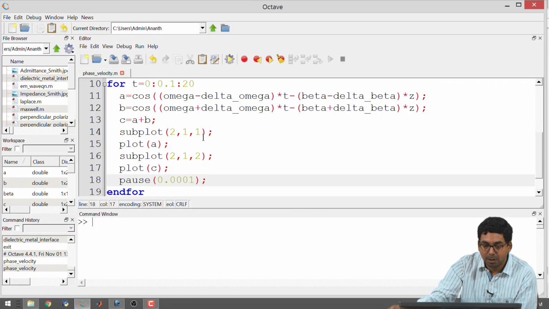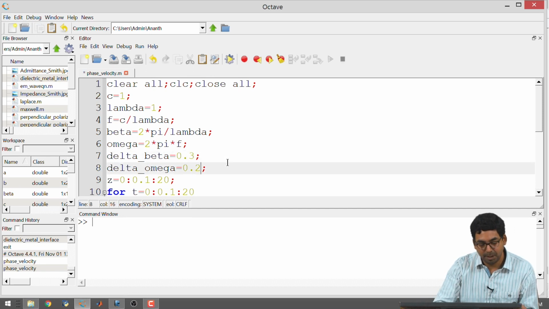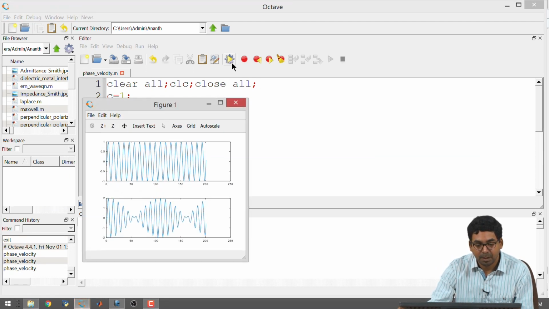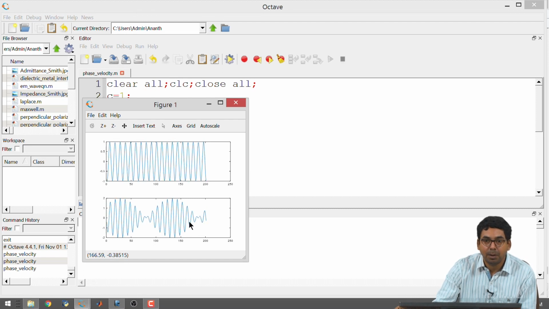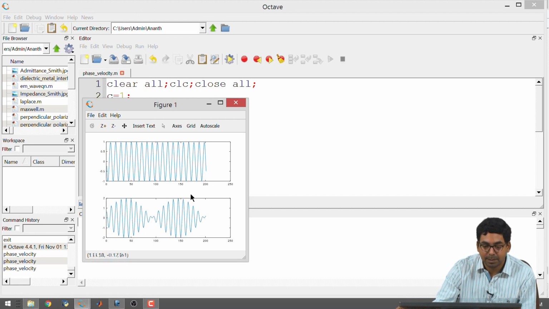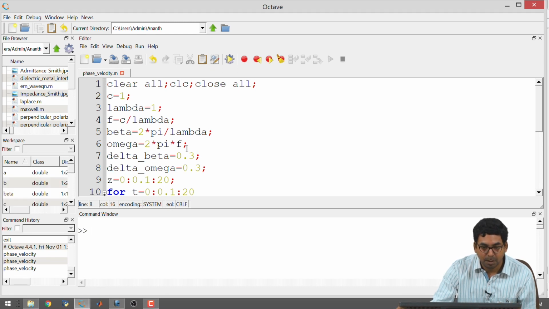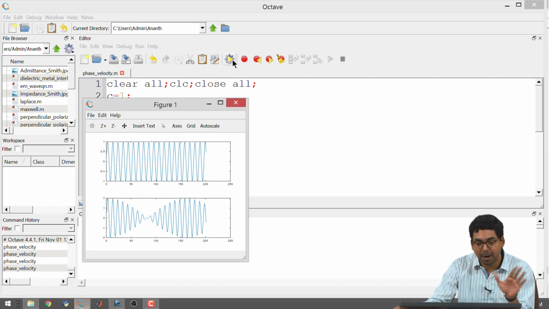And you can also play around with these numbers. For example, you can make this 0.3, 0.3, etc. Then you will notice, if the beta became higher, you will notice more modulation with respect to space, right. I can also make them, you need not make them equal, you could also make it like for example 0.2, 0.3 etc. You will notice some drifting patterns etc.